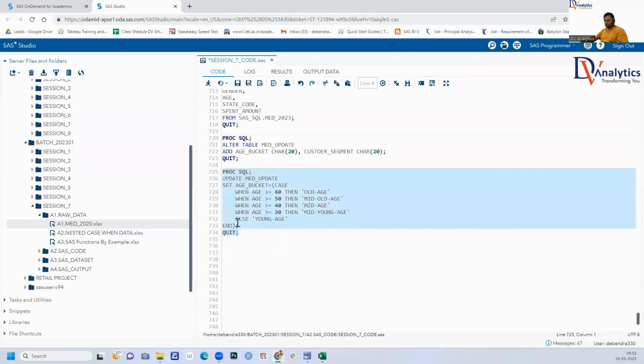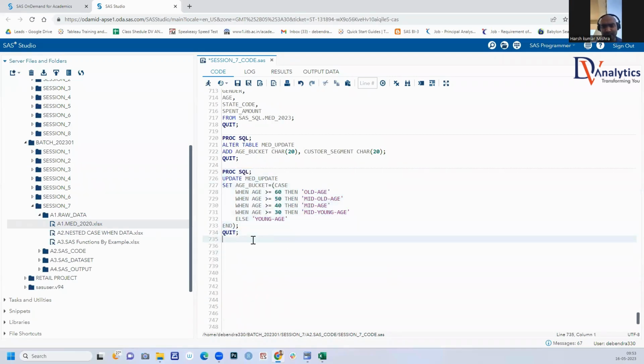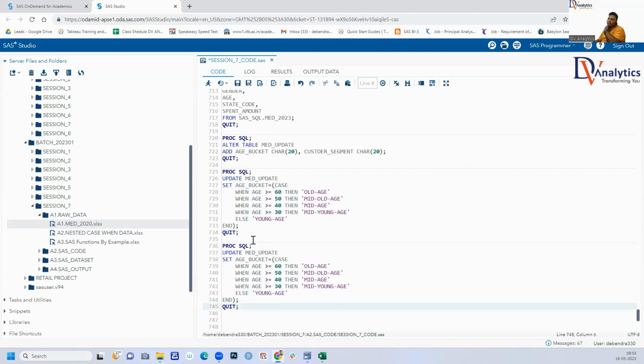Same thing, and customer segment is also there above. Sorry. And customer segment is also there. Also, we're going for doing this. Now for